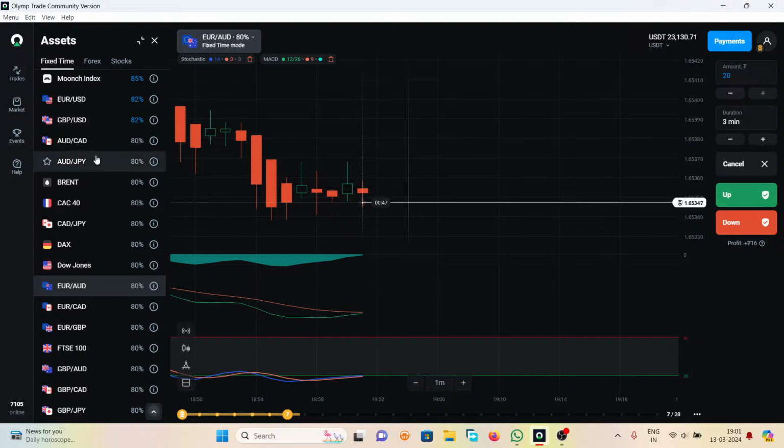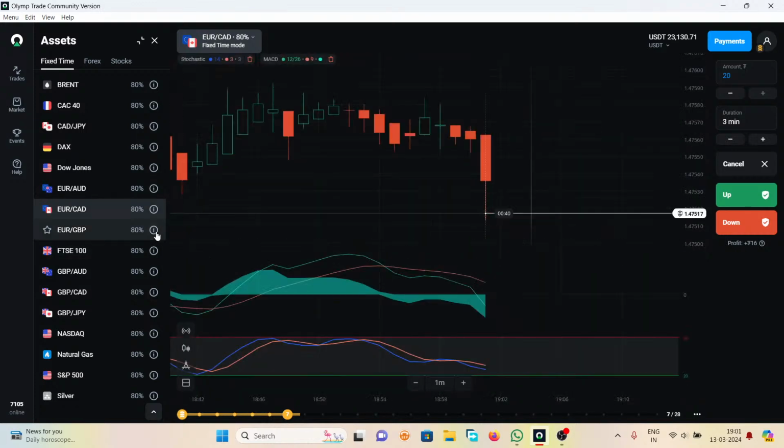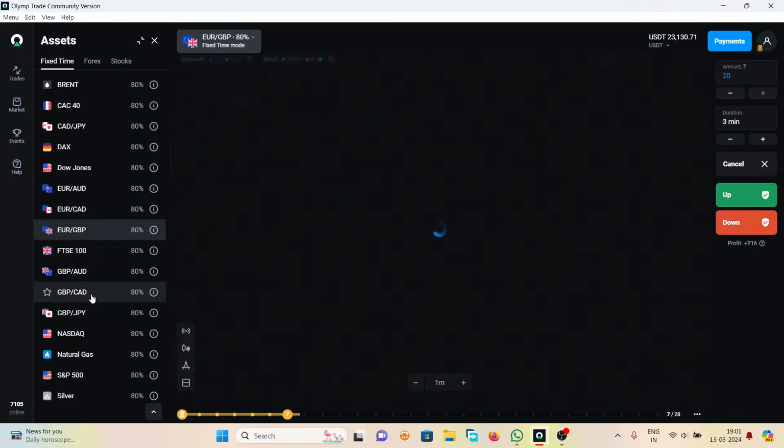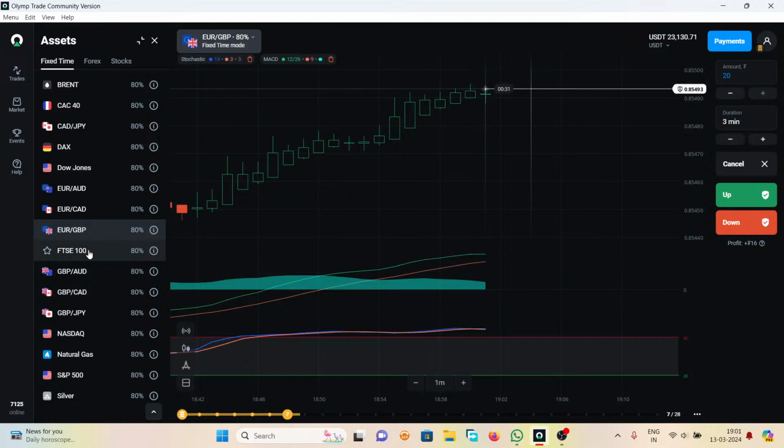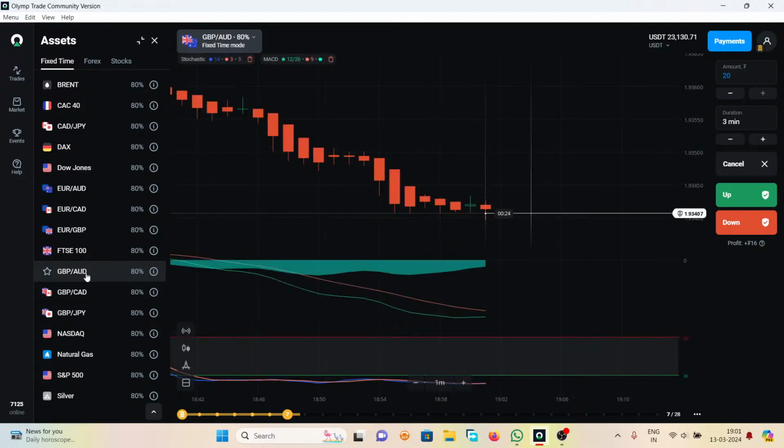Whenever we choose the trading asset, we need to focus on the asset being minimum 80%. Always choose the asset which is going to be minimum 80%. So an 80% asset is quite fine for you. No need to waste your time and your money on an asset which is providing you 70% profitability, 60%, 30%. No need. Also, this strategy can work very effectively when we are using the loss compensation system or martingale